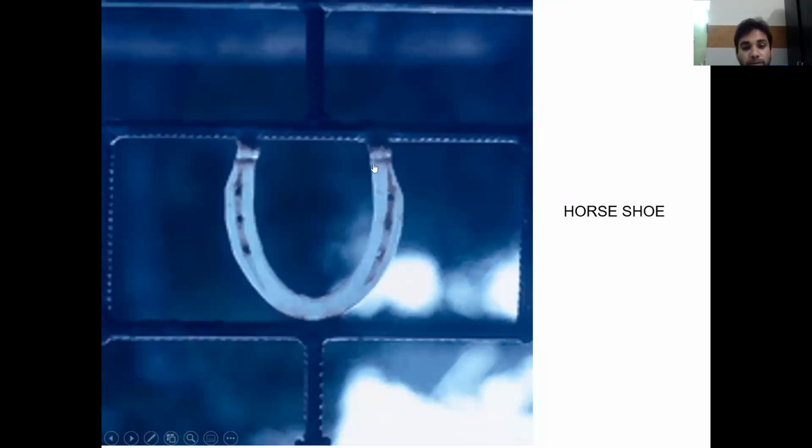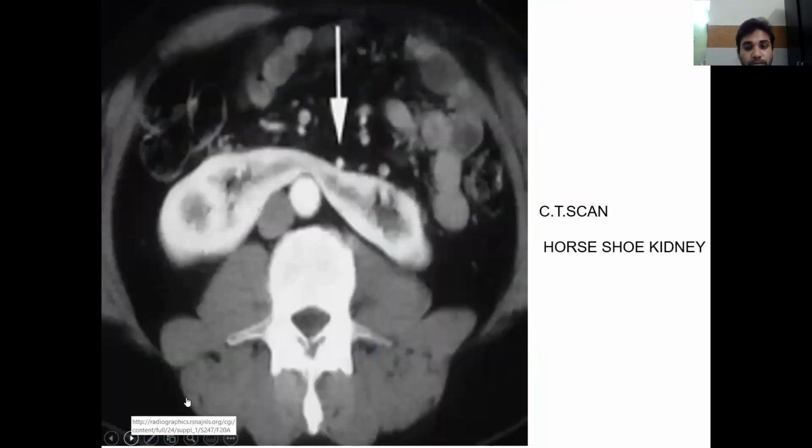Next, this is the horseshoe sign. CT scan of horseshoe kidney. Horseshoe kidneys are the most common type of renal fusion anomalies. They render the kidney susceptible to trauma and are an independent risk factor for the development of renal calculi and transitional cell carcinoma of the renal pelvis. Both CT and MRI demonstrate renal tissue of normal imaging appearance, but with abnormal configuration. Enhancement is normal and excretory phase imaging may be used to assess the collecting system.